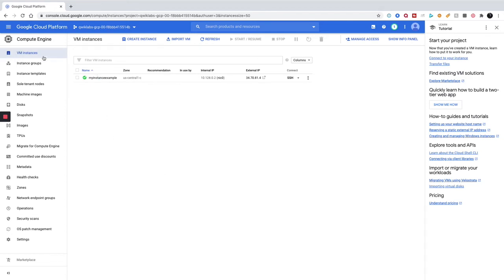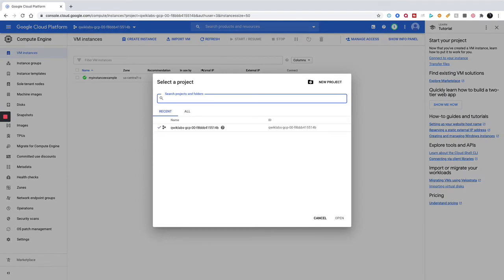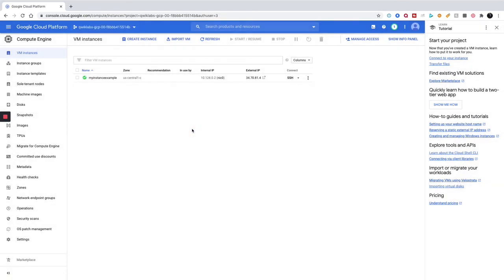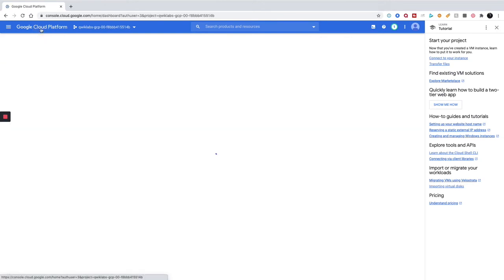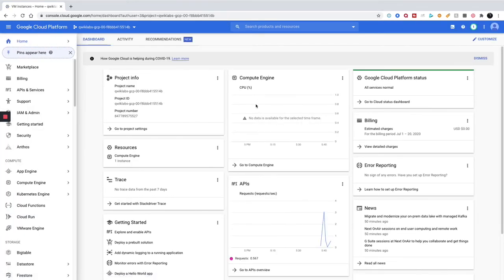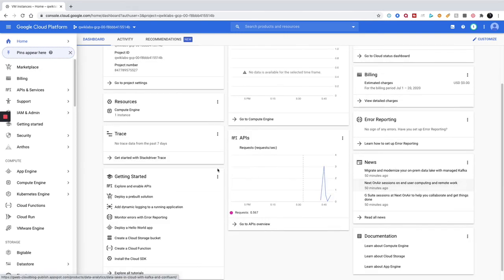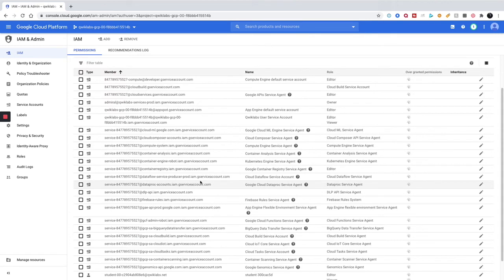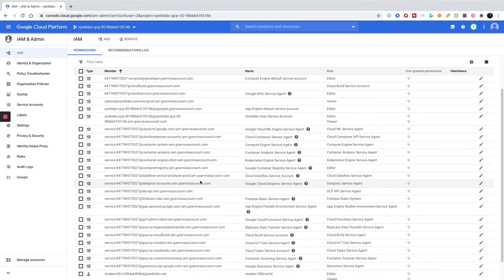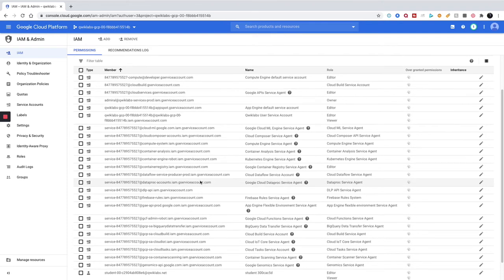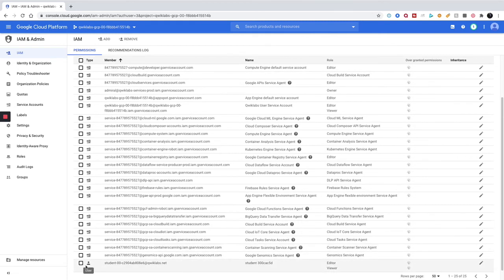Now I want to show you something interesting. If we go back here to our projects, we only have one project, which is this. But if we go back to the Google Cloud Platform landing page, you can now see that you have one instance running under your resource. It's a type of compute engine. I want to show you something else, which is under IAM and admin. This is also a topic that we've covered. Under IAM and admin, you can see all the members who have access to this project. Now, all of these are just service accounts which are automatically created. Down here is the student account I'm currently using to do this tutorial. You can see that I have the role of editor and viewer,